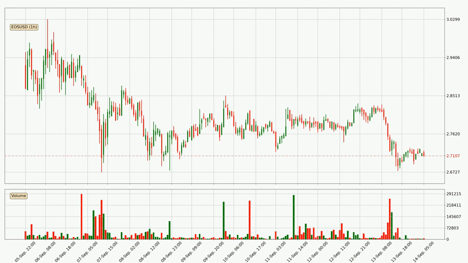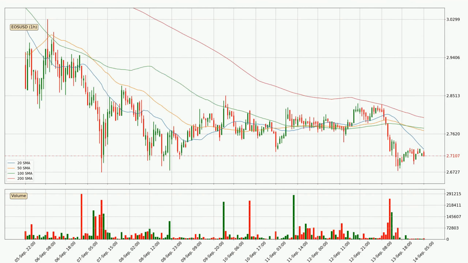Looking at the EOS hourly time frame, the price moved down around 3.9% in the last 24 hours, with a current price of 2.71. The fact that the sellers are taking over can be deduced because the volume was high and the move was strong. Moving to the hourly simple moving averages, for this time interval, the current price is below all of the simple moving averages,